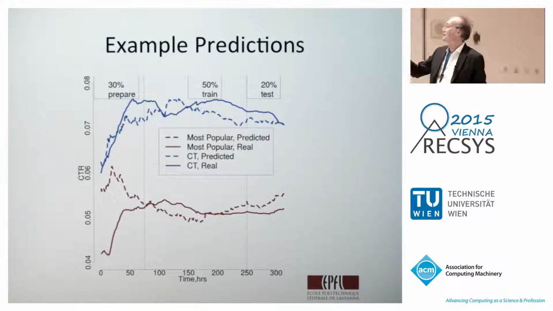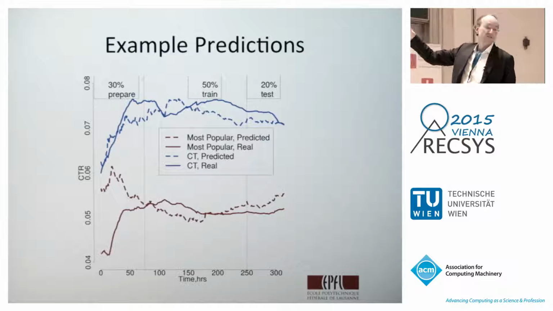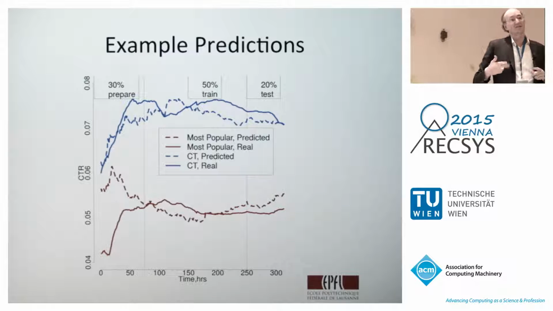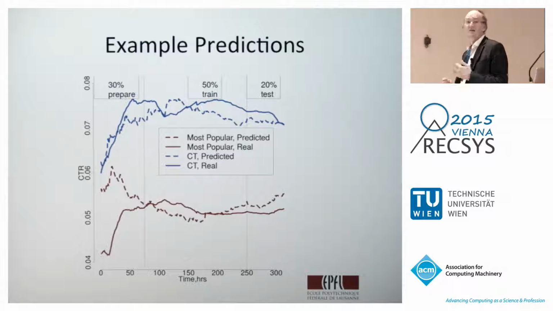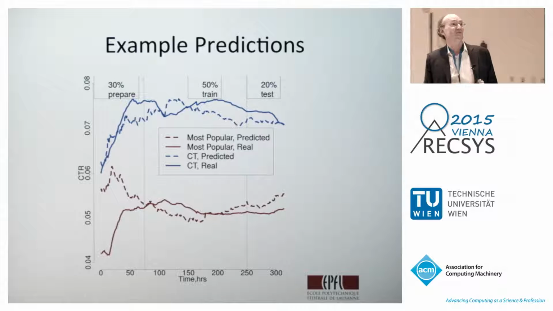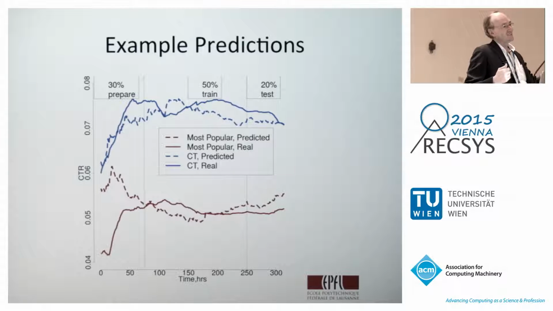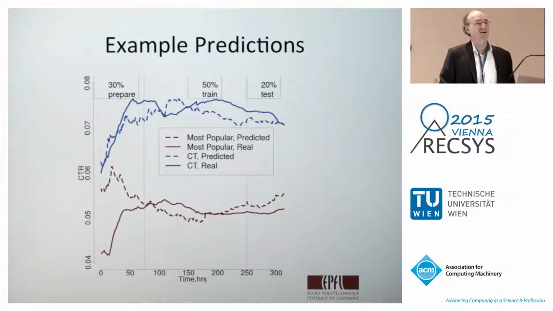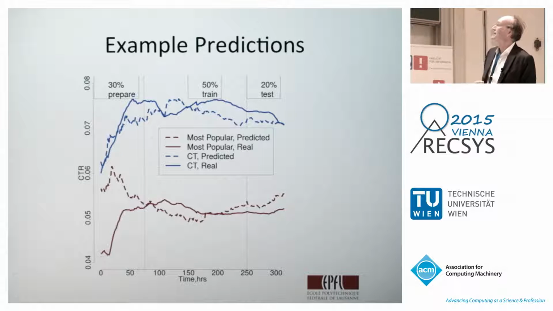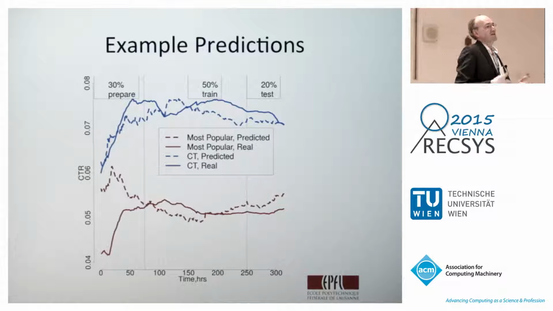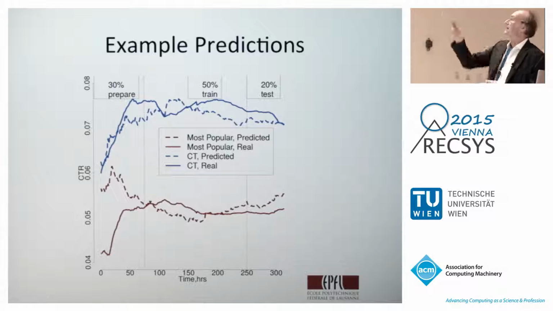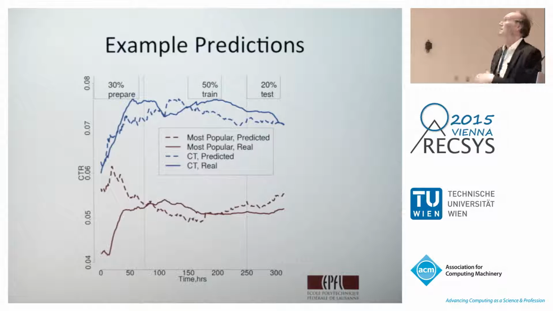And so we see here 3 different phases. The first one, we say prepare. It's actually a phase in which we need to gather the data to make these things run. So if we want to use a most popular recommender, which always recommends only the most popular news stories, then we need to first let it run for a while until we know what these stories are. So in the beginning, we're not very good at that, so we get a fairly low click-through rate. Similarly, for the context tree recommender, we need to first learn what are the stories that people prefer, and that again means that the click-through rate takes some time to increase.